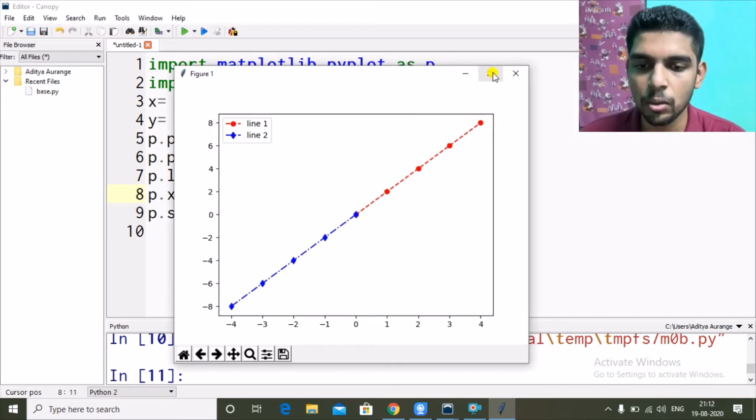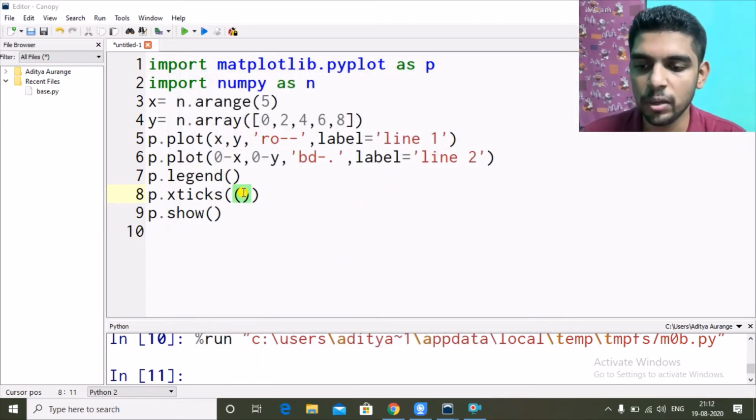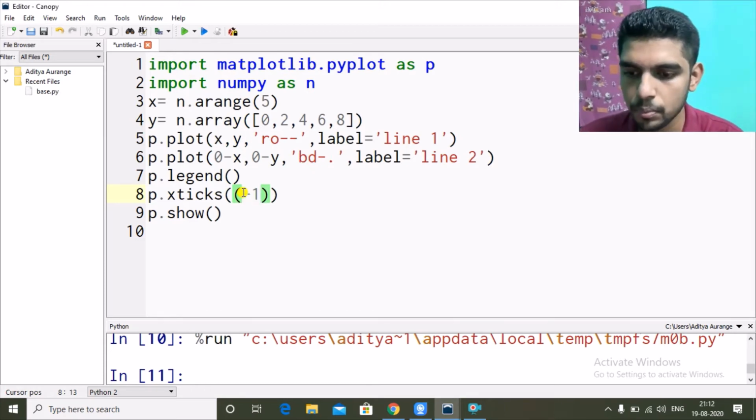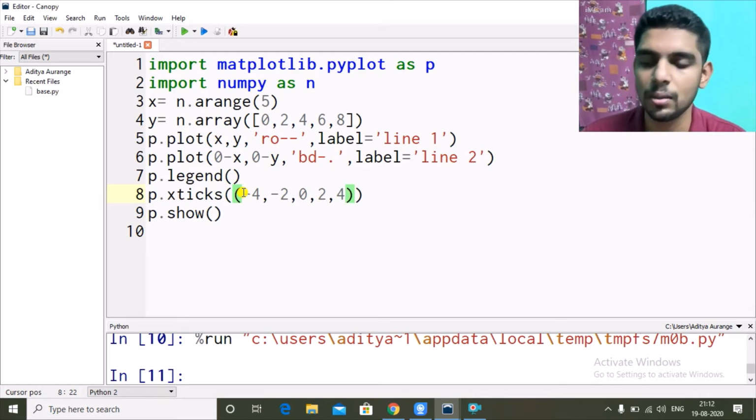So we can do like every after 2 values or 2 interval we can give value like -4, then -2, then 0, then 2, then 4. If we want the numbers on the x-axis to be displayed like this, we can use x-ticks value, or by default it will show for all the values. So by doing this we will restrict our display values to only -4, -2, 0.